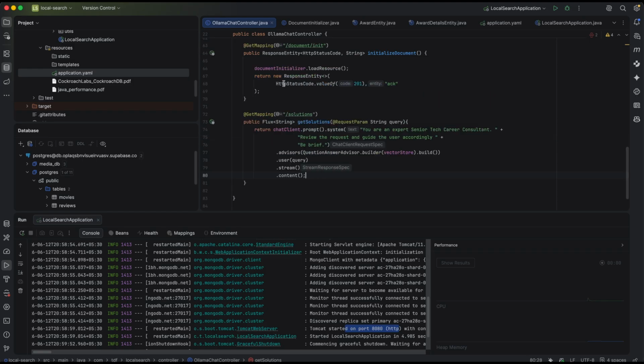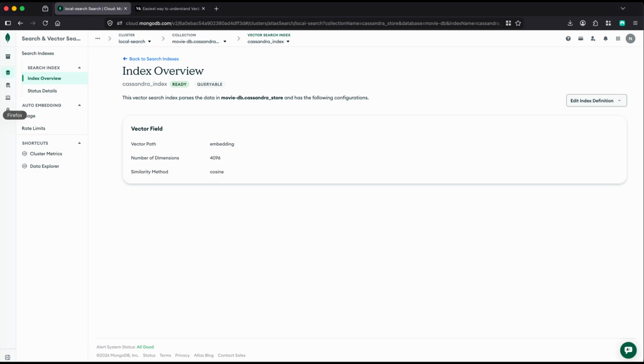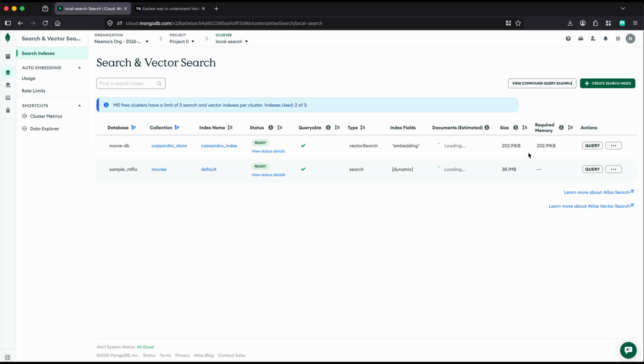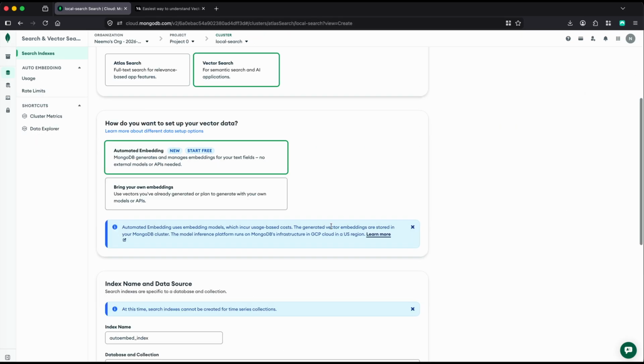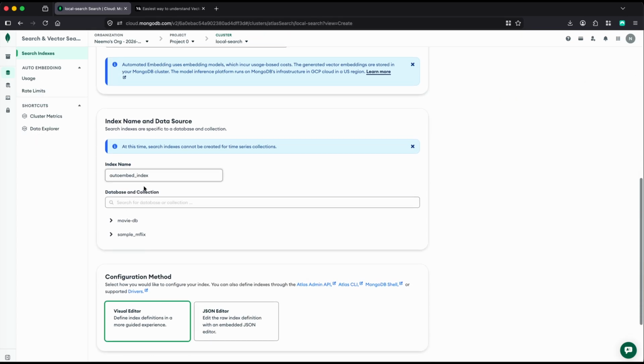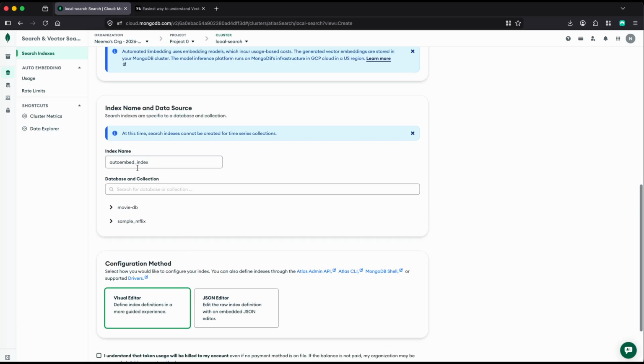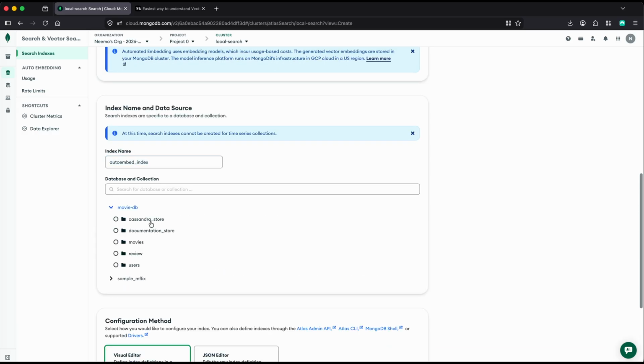And this is what a RAG looks like, wherein I have the document loaded in the system, and the vector embeddings are created, and once you ask a question about the document, it uses the document's vectors and answers your queries. So this is there. But if you want to manually create the index, you can always create the indexes over here. But you need to make sure that whatever index you are creating,